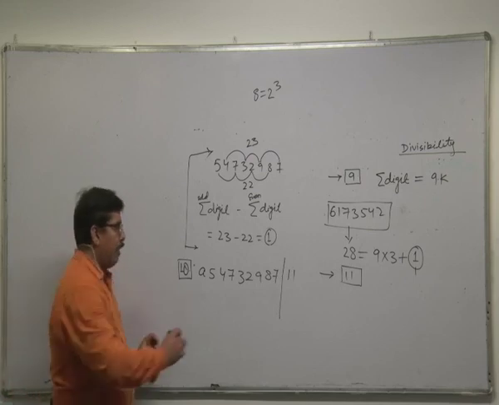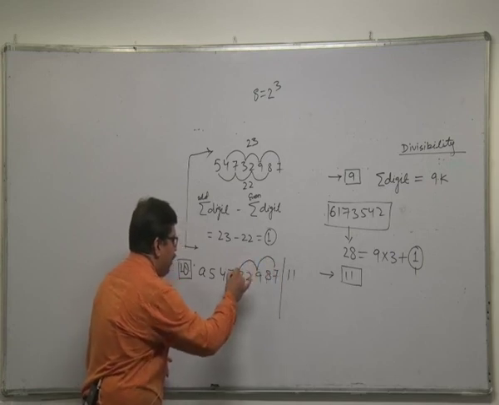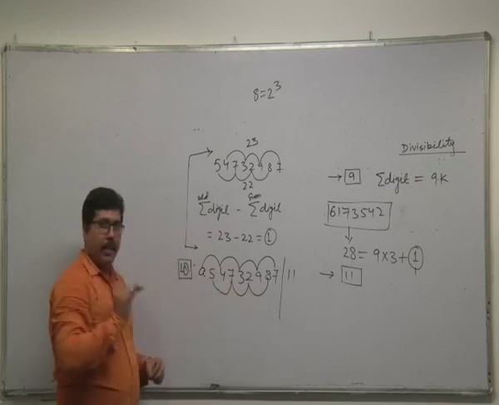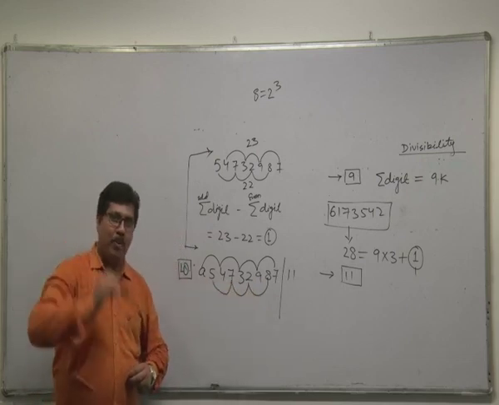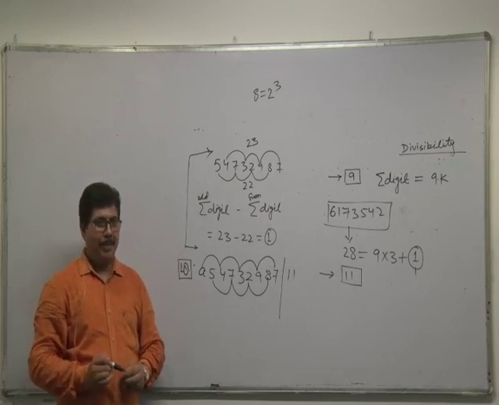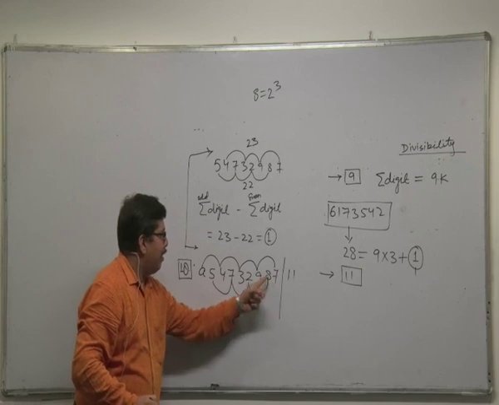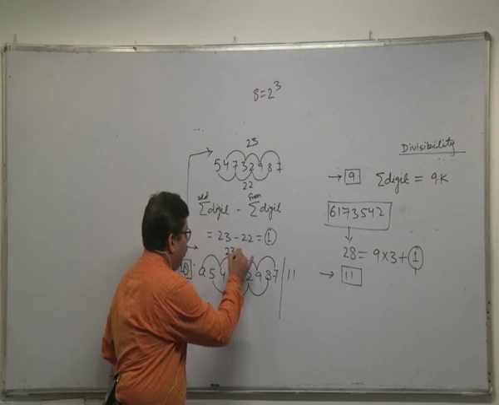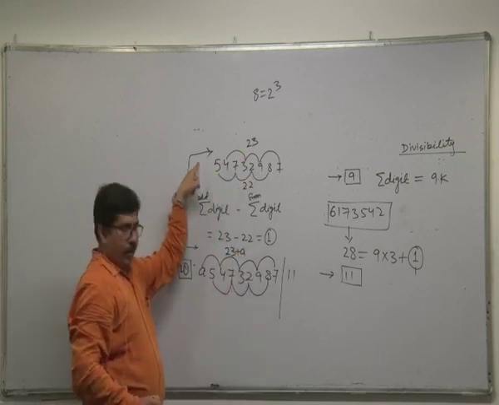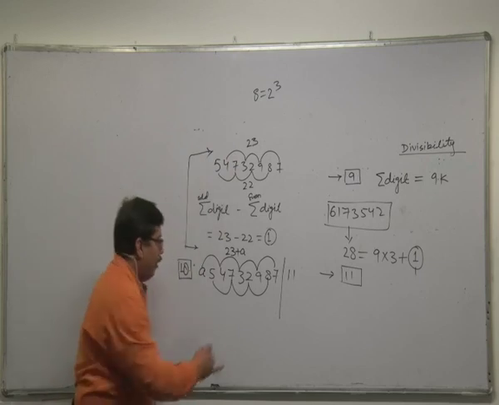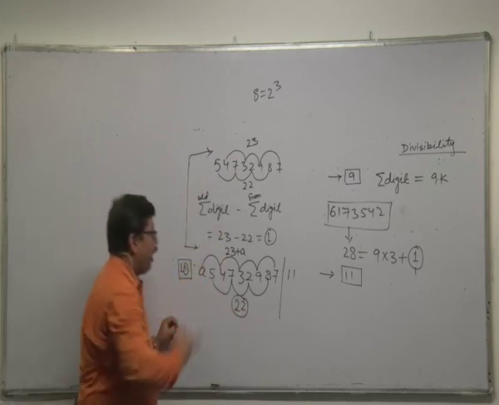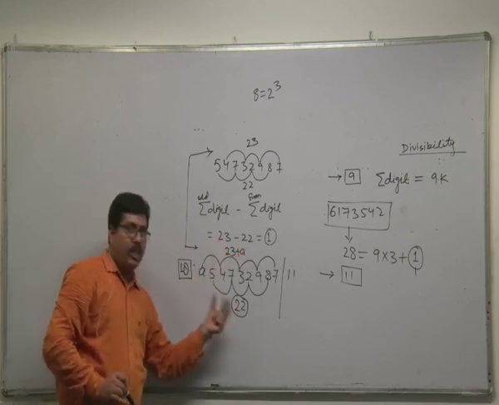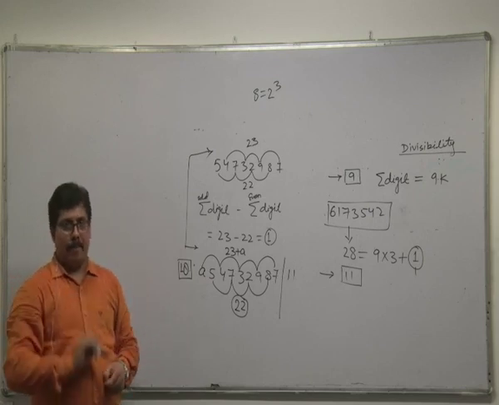And you know that any number is a multiple of 11 if the difference between the sum of the digits at odd positions and even positions is either 0 or a multiple of 11. So what is your sum? 7, 16, 19, 23 plus A. 23 plus A, because we have one more A. And the sum of the digits at even positions is 22. So the difference of this and this should be either 0 or a multiple of 11.